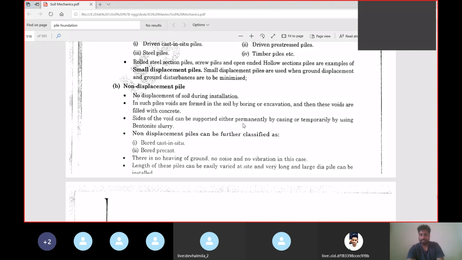Sides of the void can be supported either permanently by casing or temporarily by using bentonite slurry, right? It is quite obvious that when you are excavating soil, there are high chances that the walls of the excavated region collapse. So in order to protect the walls from collapse, we put in casing, and these casings are put in on a permanent basis also, or they can be